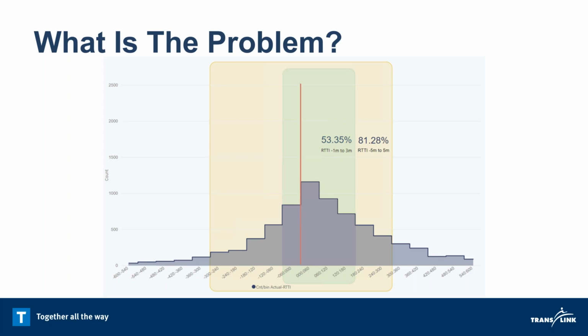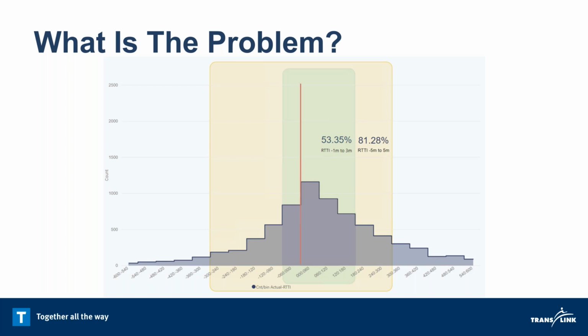Now, the yellow box represents predictions that are within plus or minus 5 minutes of the actual departure time. So this is the threshold where the customer considers it okay, but it's not great. Anything outside the yellow box means the bus is either more than 5 minutes late or more than 5 minutes too early, according to our prediction. So at this point, the customer is considered in the dark. This means it doesn't matter if the bus is 5 or 15 minutes late. It feels the same to them.